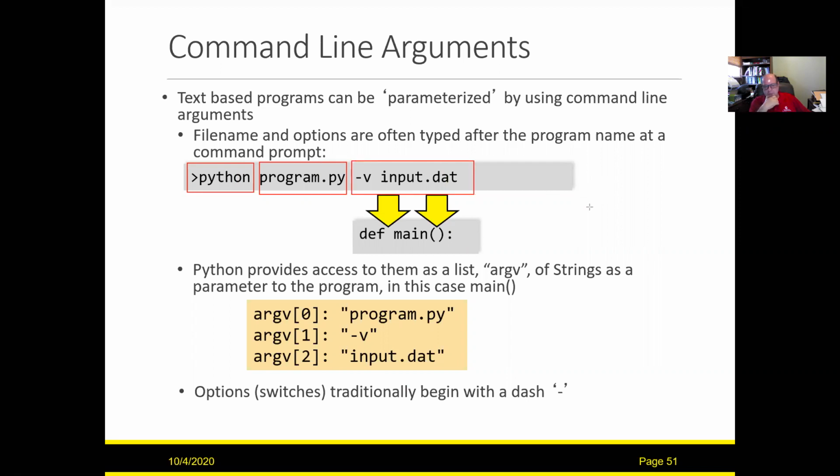So our arguments go into the argument list. The argument argv[0] is my program name. The second one is this one. So this is my 0, this is my 1, and this is my 2. That's the way it's going to come to my program. So if I'm looking at my program,